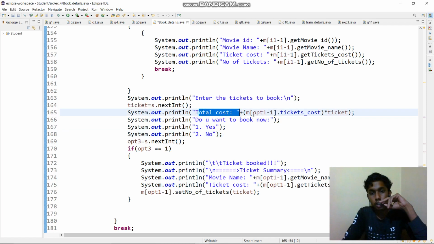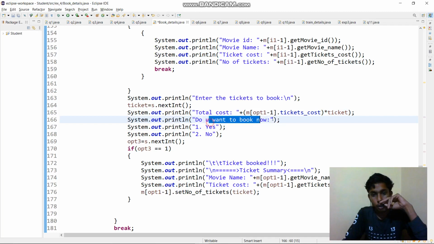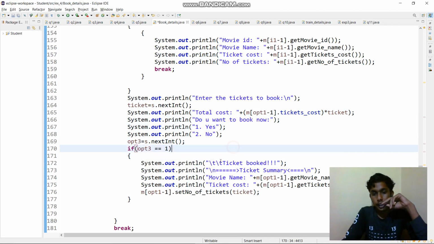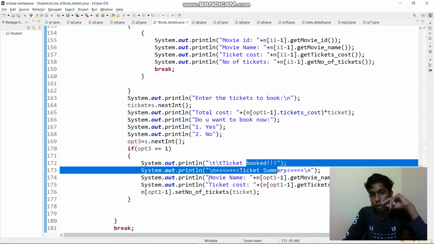Now the total cost will calculate the ticket cost and print it into the ticket. That is, the ticket cost is the corresponding object's ticket cost, which will be printed. Now it asks, do you want to book now? Yes. If you give option 3, which I've created, ticket book, ticket summary, the summary of the ticket and